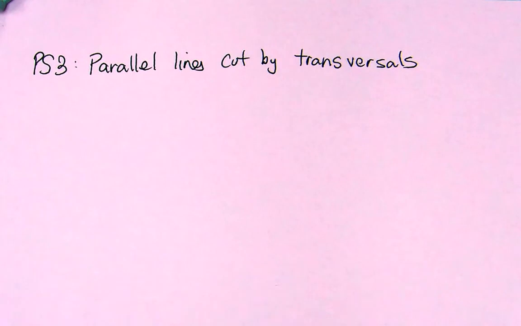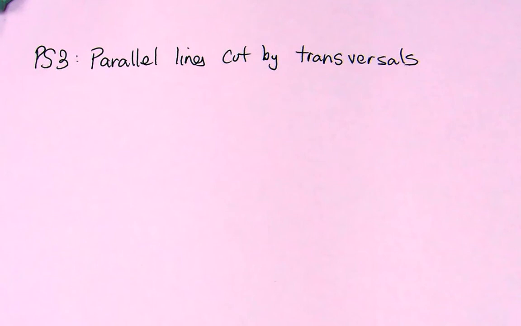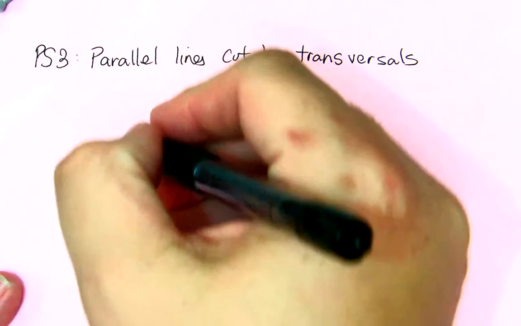Okie doke. We're going to stay in the geometry realm, and we're going to talk about parallel lines cut by transversals. The biggest things you need to know: when you have two parallel lines,